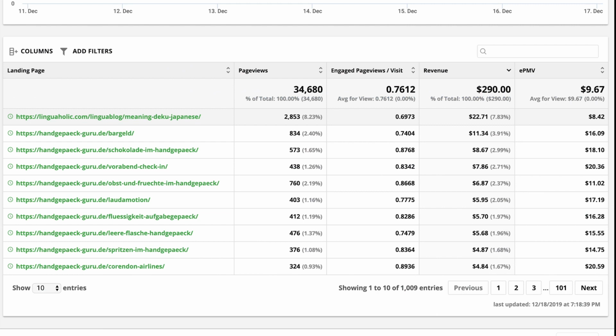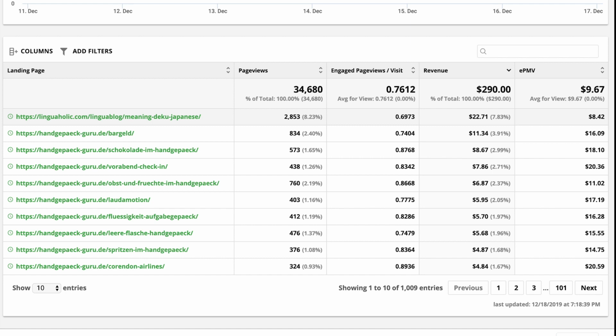One really cool thing about Ezoic is that you will get really nice statistics with your earnings. If you use big data analytics from Ezoic, you will be able to see exactly how much you earn per landing page. That is a very valuable tool because it will allow you to create new content based on content that has been very profitable for you.